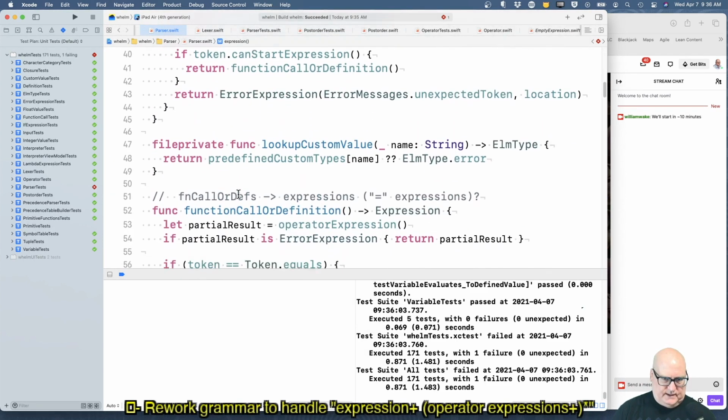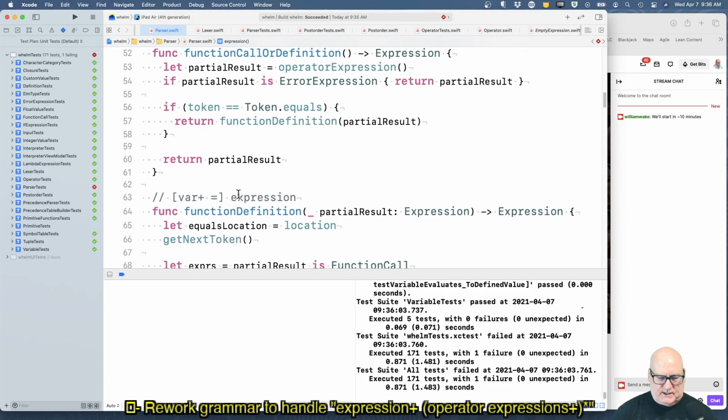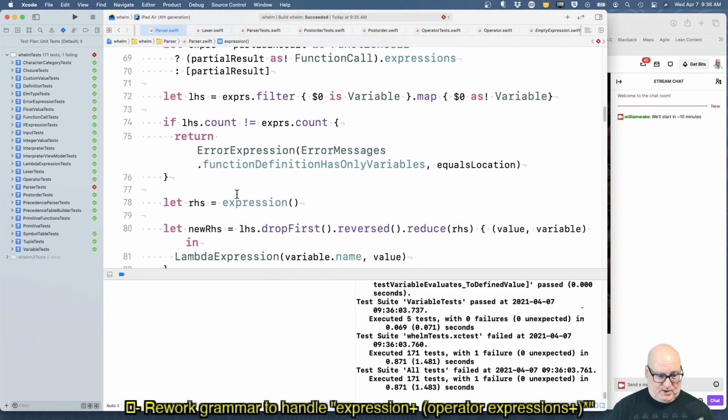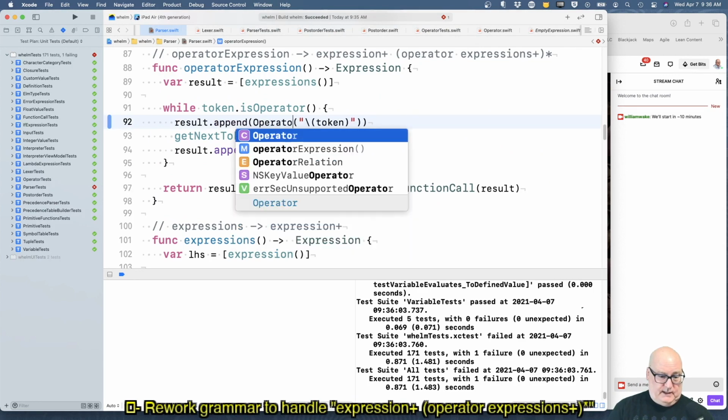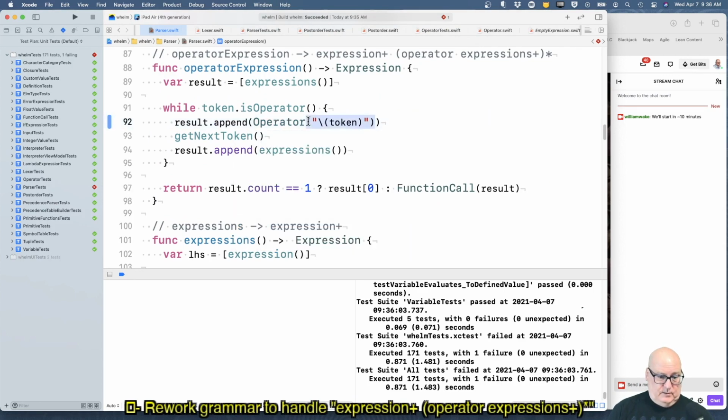I wrote a few weeks ago, maybe a couple of months ago now, about how you can do these things that are intermediate between a spike where you plan to throw it away and a full-fledged development. If I set myself these intermediate milestones, as long as I keep track of them, it's okay. And we're keeping track at this point. It's just this one thing. So if the token is operator, we're going to append operator with the token.